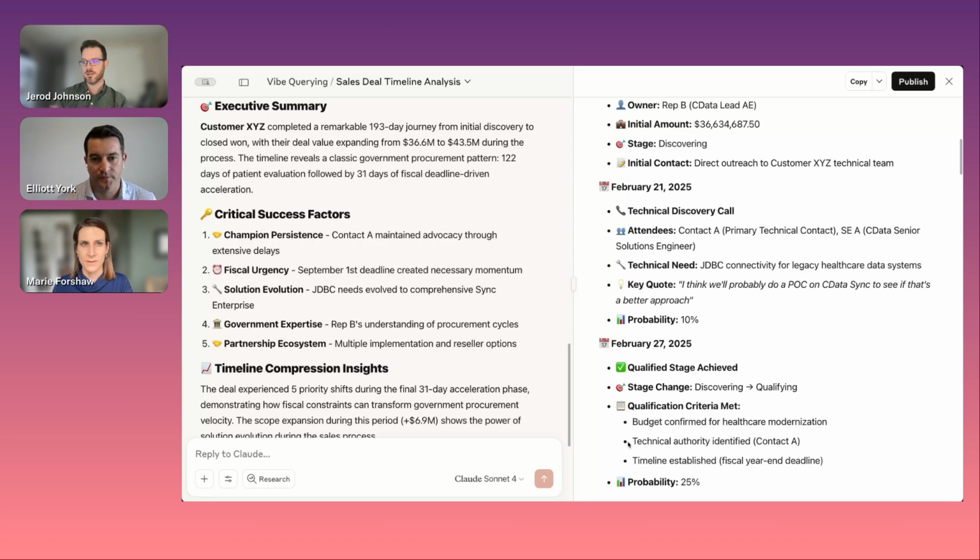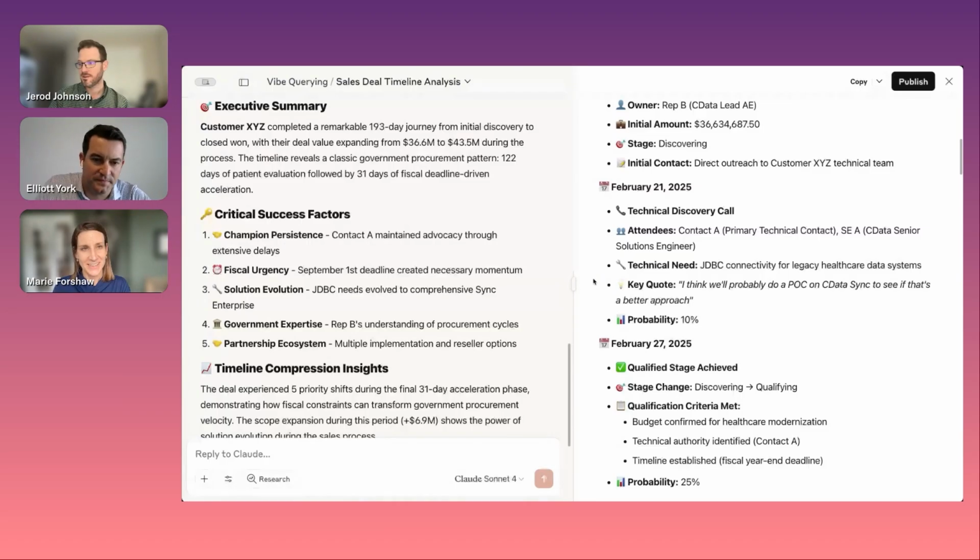Yeah, that's cool. And tracking that down by logging into Salesforce and exploring through the Salesforce UI would have taken much longer. And then even after you identify it, finding information about potentially other deals where this contact has been involved is again going to be that experience where you have to log in, you have to search, relying on Salesforce's search capabilities. And here you just ask a natural language question: what other deals has contact A been involved in? Which is cool.